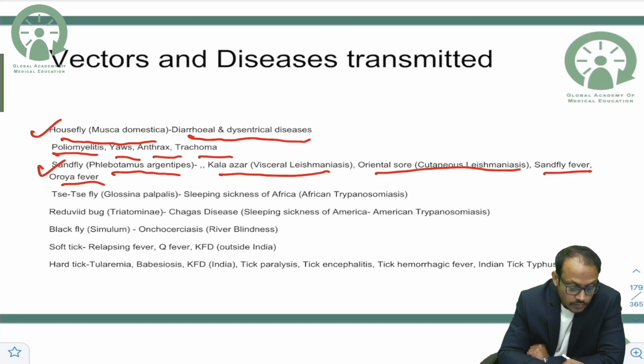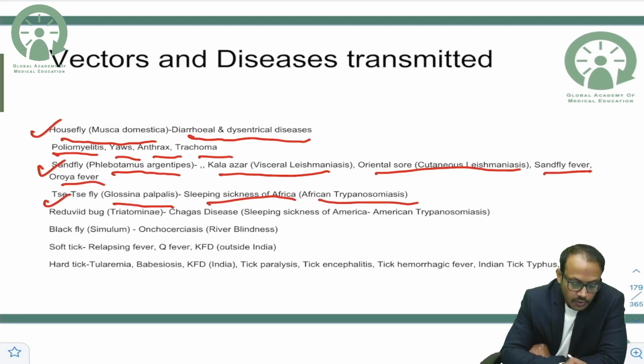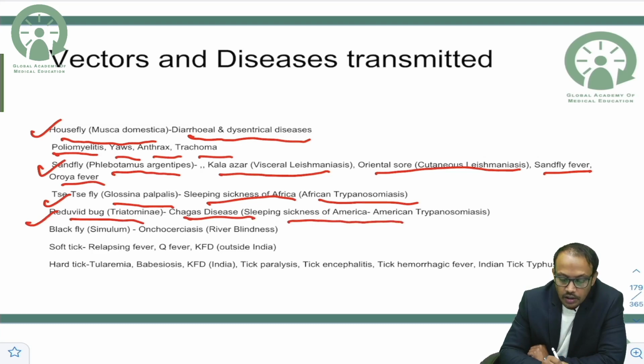Okay. By the tsetse fly, Glossina palpalis, sleeping sickness of Africa, or African trypanosomiasis, is spread. The Reduviid bug, Triatoma bug, is responsible for Chagas disease, sleeping sickness of America or American trypanosomiasis. Black fly is Simulium, it causes river blindness, onchocerciasis. And there are two ticks, soft tick and hard tick,